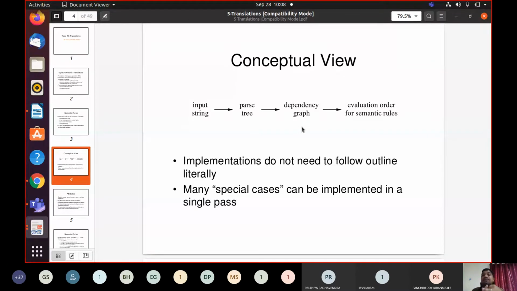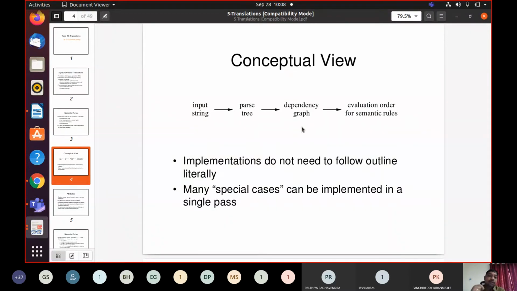That means the type information of x and y must be evaluated first before evaluating x equals y. Hence we can say x equals y is dependent on x and y.